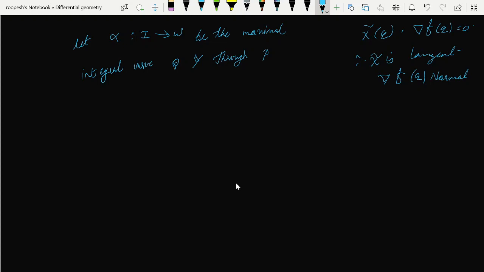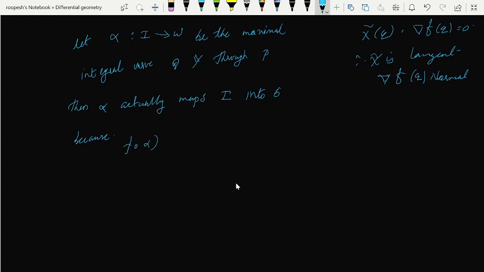Then alpha actually maps I into S, because I means the domain of your alpha and S means our surface, right? So definitely this alpha will map I to S, because